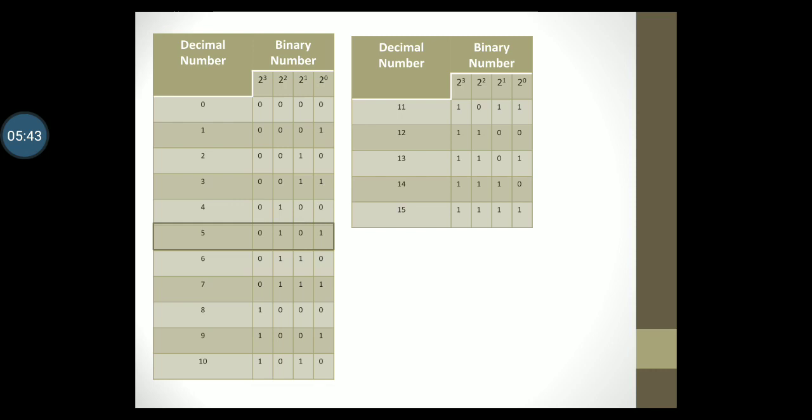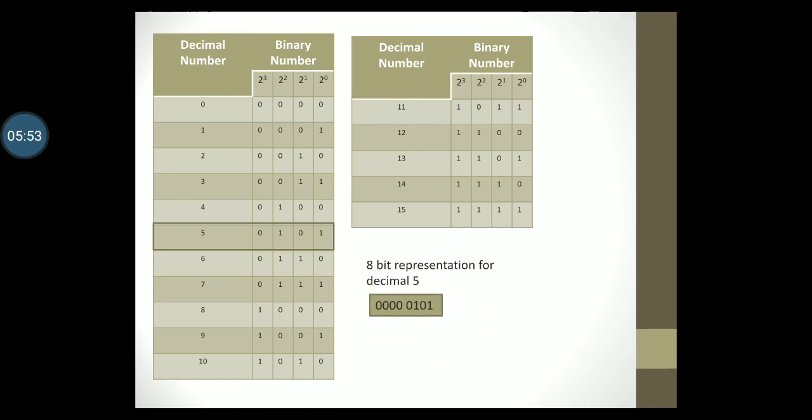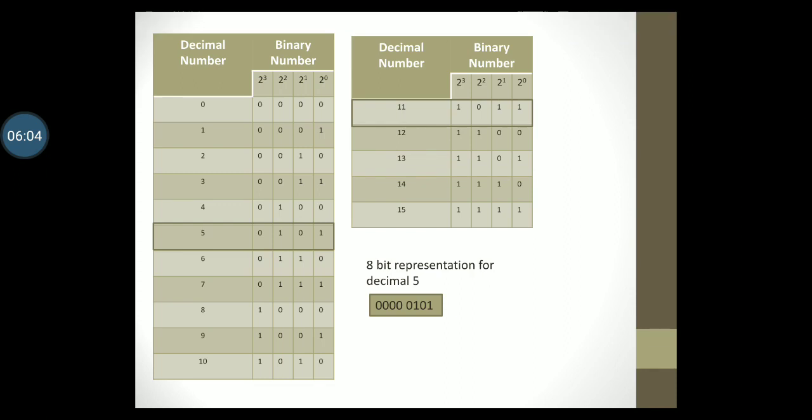Similarly, I can also ask you to give me an 8-bit representation of the decimal number 5 and you should tell me that the answer is 00000101. Or I can ask you the 4-bit representation for 11, which is 1011 and so on. Remembering this 4-bit representation is very essential when solving problems because it increases your speed.